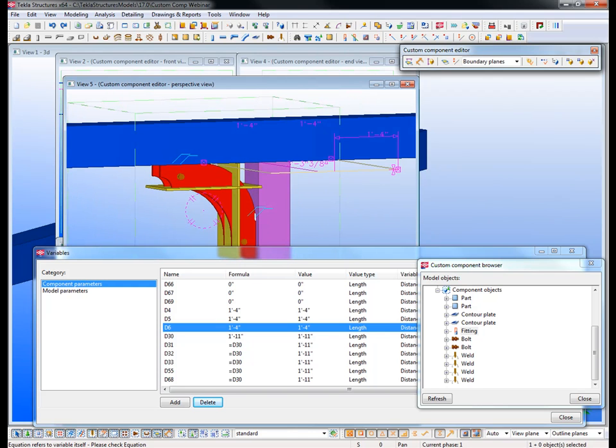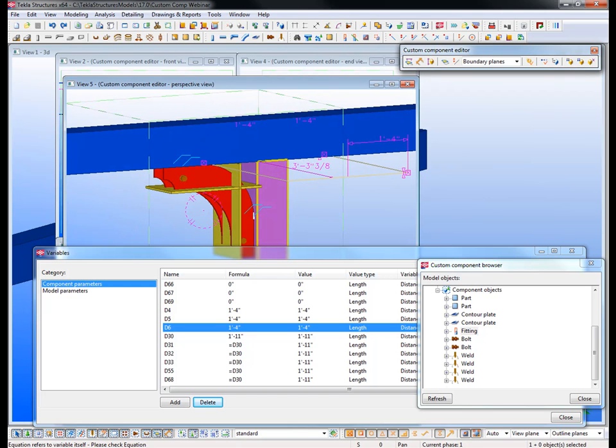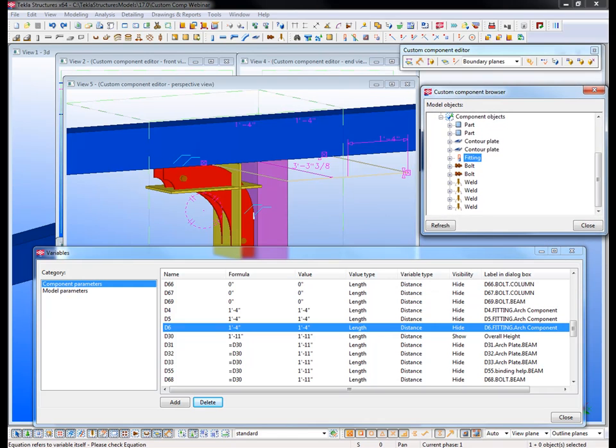And this is a technique that you can use with line cuts and things like that. With this fitting, it's not as critical, but just to show you how you can do that, we'll go ahead and extract some information about this main part and then create a parameter and control it within here. So over in the custom component browser, I'm going to come down to the input objects under primary part,